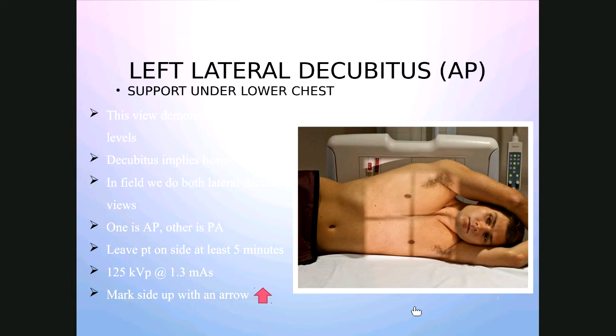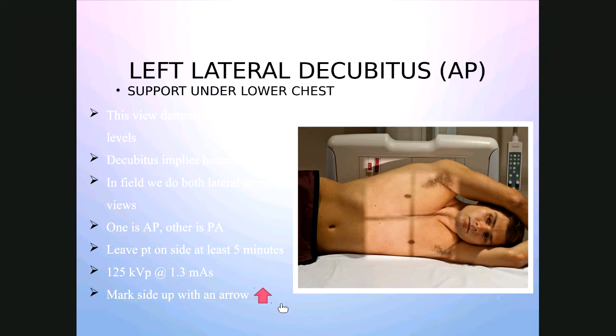If they could lie on their side a little bit longer, that would probably be ideal, but 5 minutes is a good midway point to where things will still layer out and show you what you need to. The technique on this is 125 kVp at 1.3 mass, and you do have to mark the side up